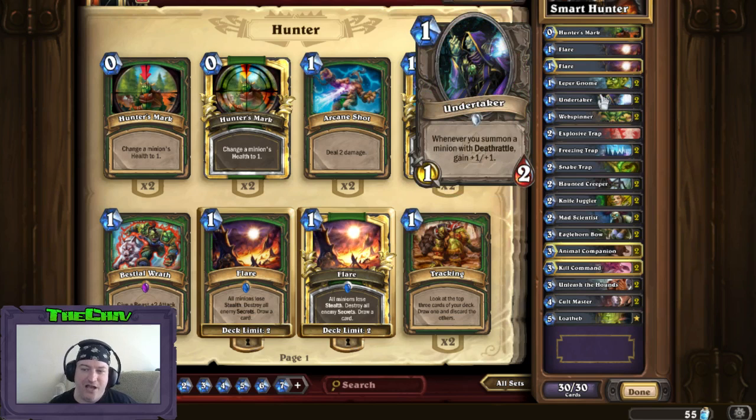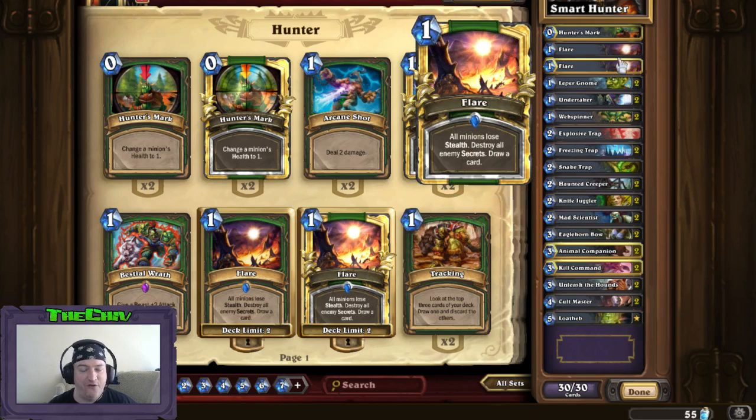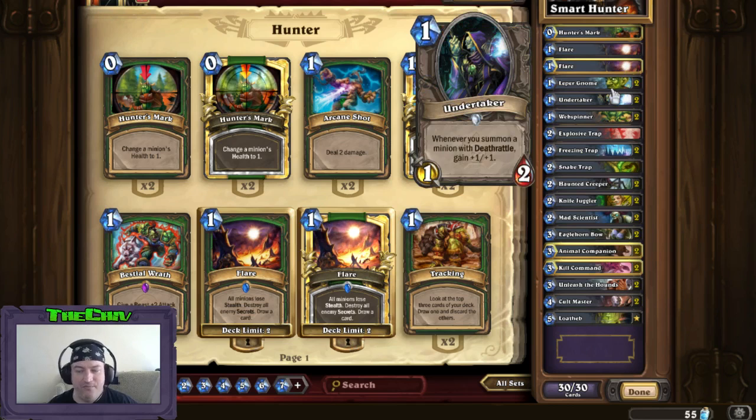The only exception I make to this is against Hunters, you'll want a Flare. Because if you can't deal with his secrets right away, then you're going to suffer for it. Your stuff's going to come back to your hand, going to cost more. You're going to lose tempo. You're going to just power his weapon. You don't want that. So you're going to want the Flare. You're going to want to deny him his ability of using secrets. Really, really important. But pretty much everything else, Leper Gnome and Undertakers are the primary ones you want in your